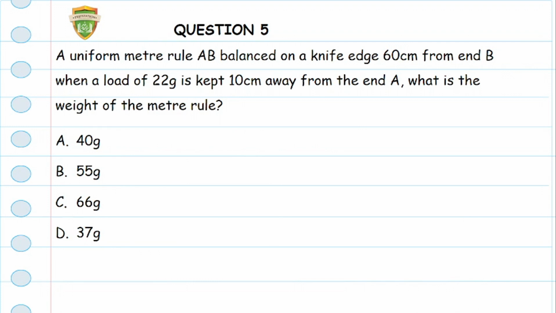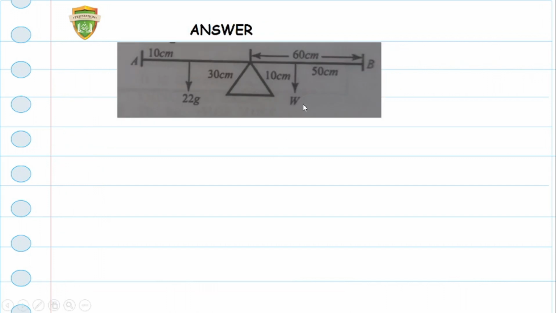Question 5 says a uniform meter rule AB is balanced on a knife edge 60 cm from end B when a load of 22 grams is kept 10 cm away from the end A. What is the weight of the meter rule? Now here is a quick sketch that interprets the word problem diagrammatically. We can see here that this is the support, which is 60 centimeters from the end B, like we were told. And this is the other weight of 22 grams, which is 10 cm